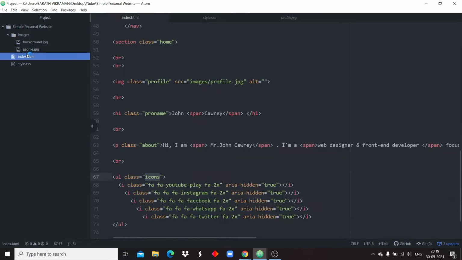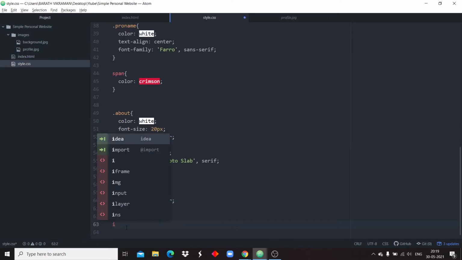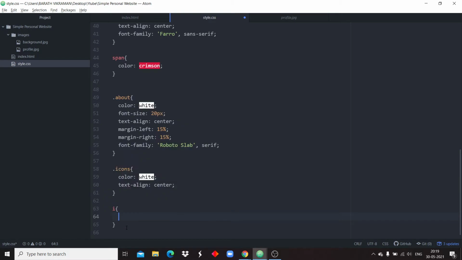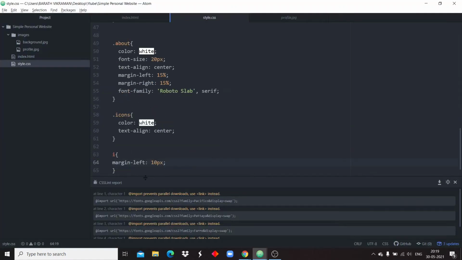Sorry, we need to target this i class. So I'm giving the i class. Now we can see the spaces have been included. We can increase the spaces.